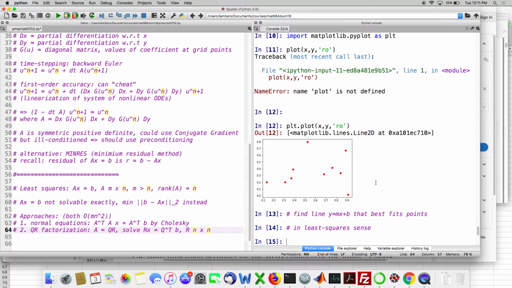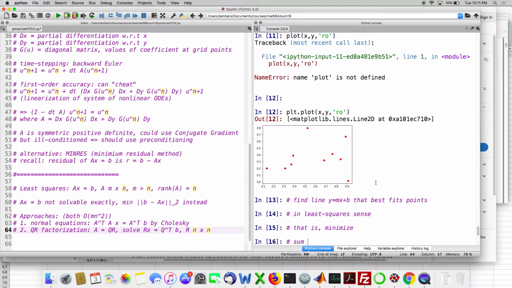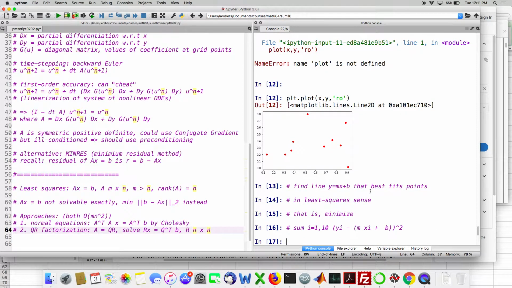And what that amounts to is, I want to minimize this sum over the 10 points of yi minus (m times xi plus b). So these minimize some of these deviations. Okay, so